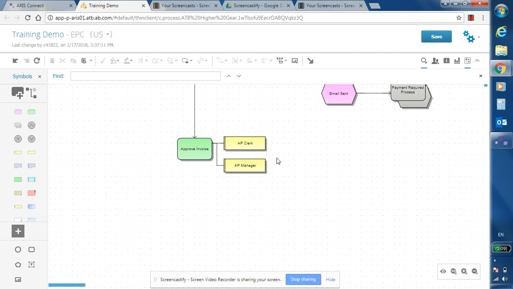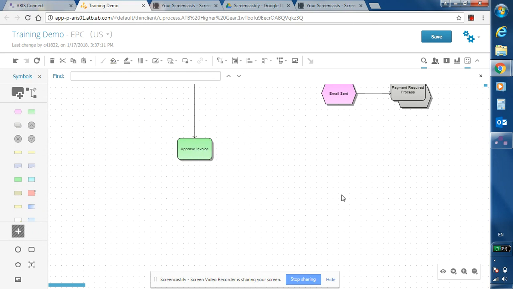So in Visio you have swim lanes that illustrate who is responsible for what, and with most clients that I've worked with, or with a lot of companies, one of the biggest issues is there's a confusion of accountability and roles and who's responsible for something, who's accountable. Sometimes you have two people working on the same thing, sometimes nobody's working on it. So where the value in ARIS really comes through is if you have something like this, like a proven invoice,